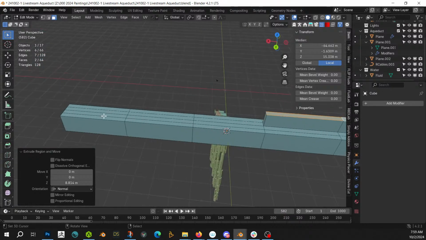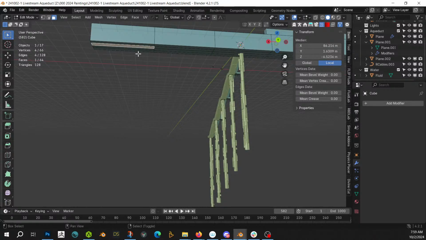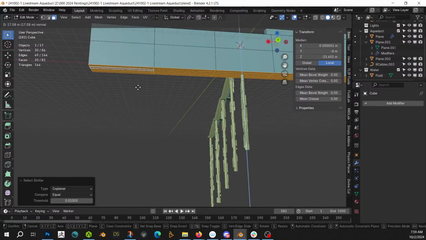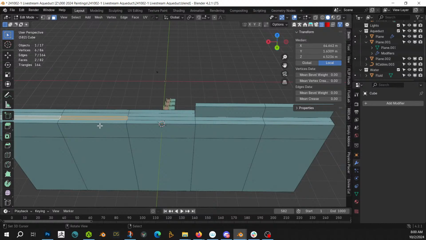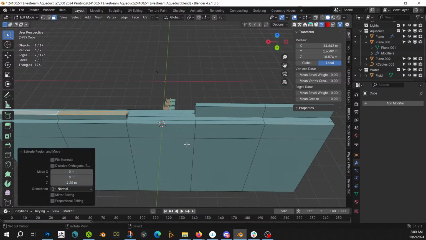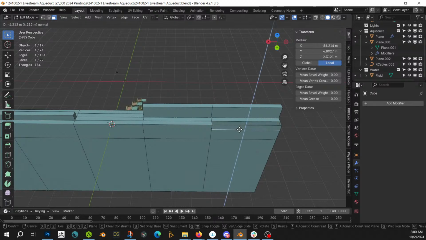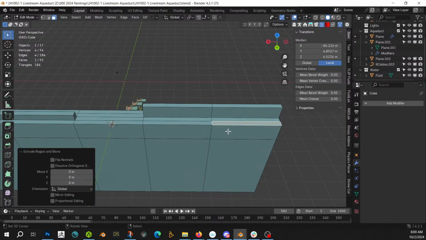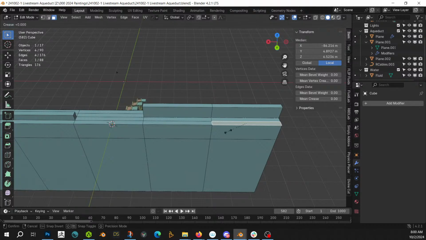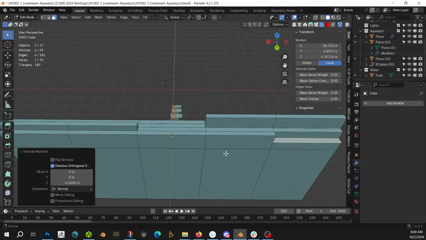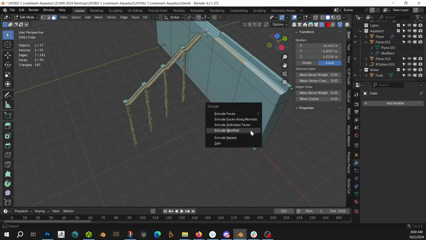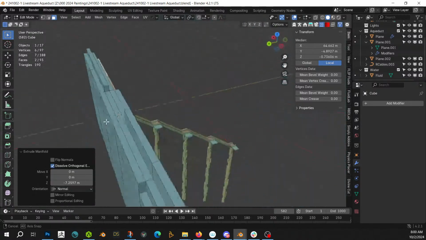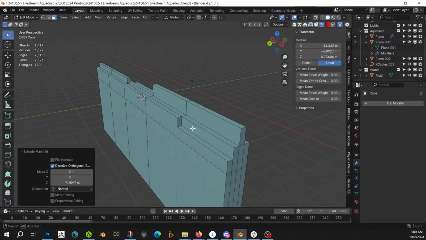Down to there. And like that. Yeah, that'll work. That's what we want to do. Just create something like that. Now,